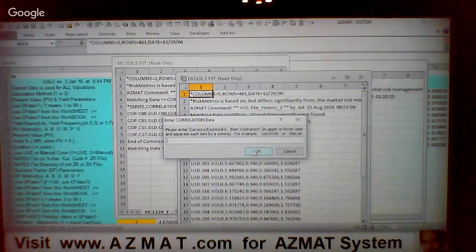So this command basically does its work against a given currency and instrument. So for example, here, currency and instrument is GBP comma SE, against a given currency instrument or commodity instrument. So for example, I can have a copper commodity instrument, say C03 or C15 or C27 in this case. Or if I was going to say gold, then